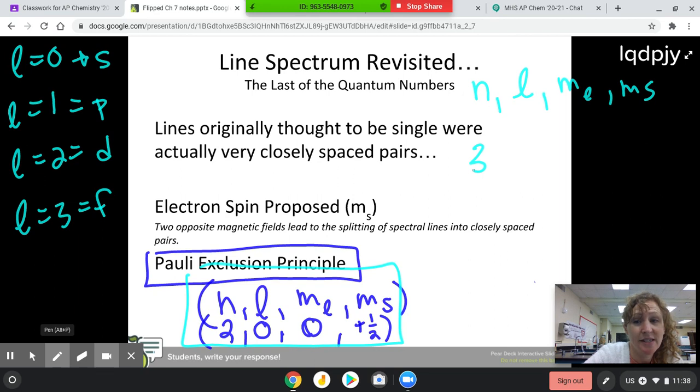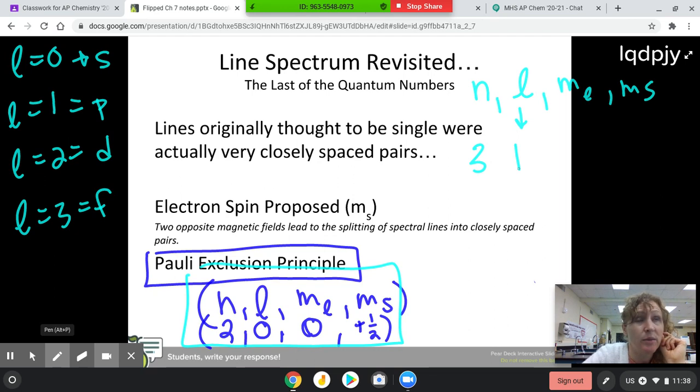Since I specifically said you're talking about the P shell, I want you to use L is equal to 1. If I just said any valence electron of aluminum, you could have used the ones that live in the S shell, so your L would have been 0,